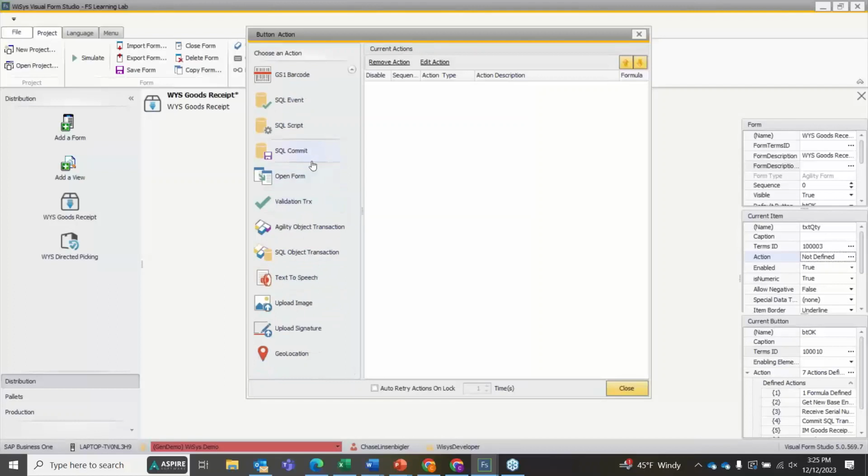Okay, a couple last points here, and then we're probably going to be right about time. A SQL commit, that's just valuable because it forces the SQL that's ahead of it to take place. So sometimes if you have 3 transactions up here that actually have a transaction following them that's dependent on those, you might want to put a commit in there, so maybe I have one action that creates that batch. I use that serial and batch builder. Then I want to print a label with that batch. Maybe what I would want to do there is serial and lot builder, commit, so that actually happens and that